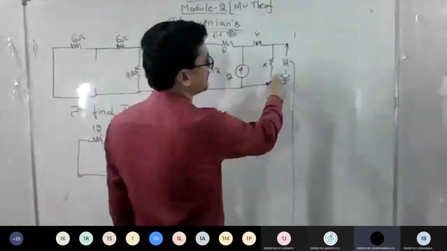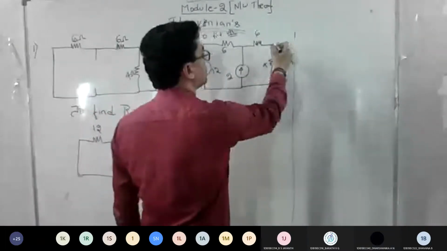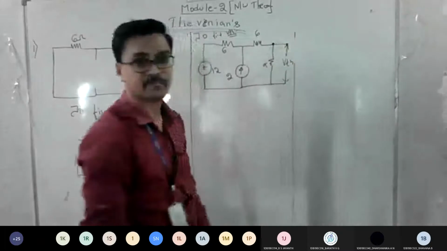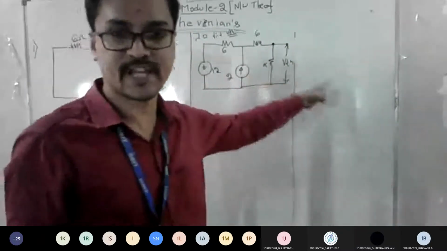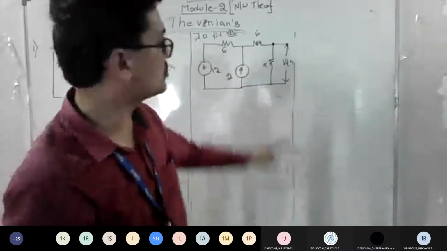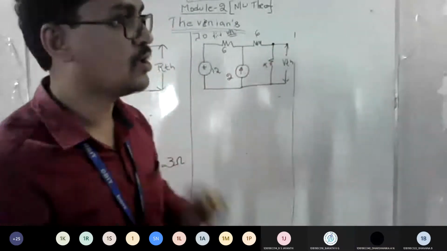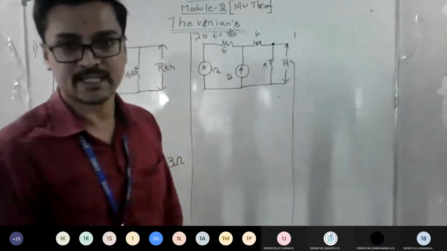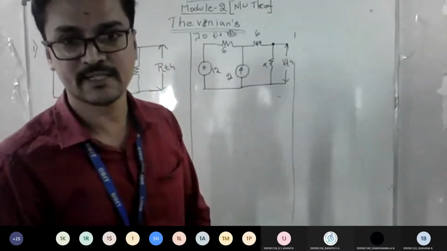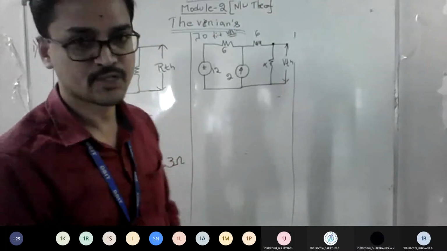Now, sir. 1, 2 and 3. See, this is nothing but this only. See, if I say VTH, it is nothing but this load voltage, agree? If we are able to find the voltage across the 4 ohm, is it the same voltage across that also? Because there is no drop here. Agree? Yes, sir. So it means what? I need to find I1, I2 currents. So if you apply mesh analysis, is it a concept of super mesh? Yes, sir.